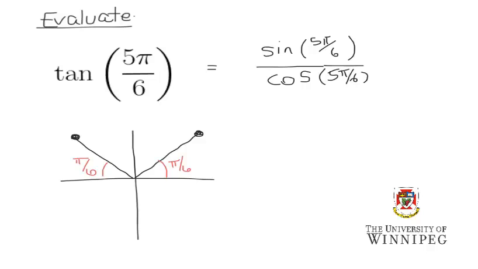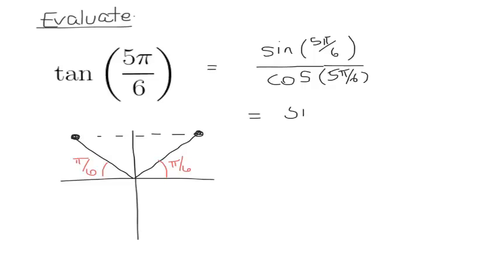So what we'd like to do is relate this point on our unit circle to this point here in quadrant 1 that has a similar reference angle of π/6. Well, you can see that the y-coordinates here should be similar. This tells us that sine of 5π/6 should be equivalent to sine of π/6. However, notice that the x-coordinate here is negative and the x-coordinate over here is positive. So that means that cosine of 5π/6 is the negative of cosine